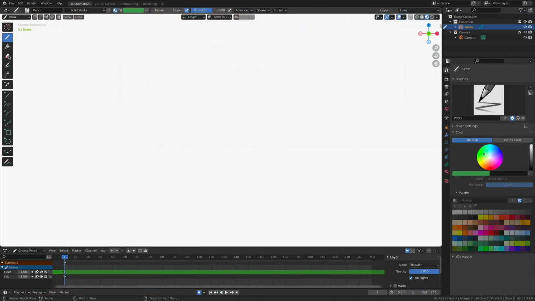In this video, we're going to take a look at the simple drawing tools inside of Blender. I've started a new Blender file, and you can see that I'm inside the draw mode. And of course, the draw mode is going to bring to the surface all of our wonderful drawing tools. There's a bunch of them. Let me just show you how some of these work. There's some rock stars in here, and there's some losers in here. And I'm going to show you the rock stars real fast.